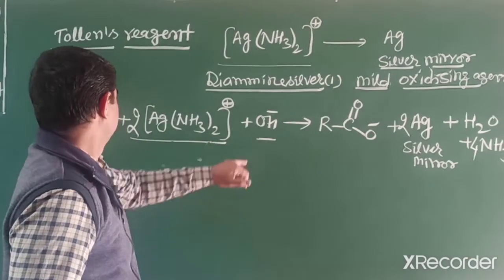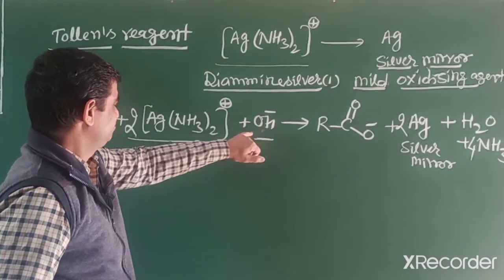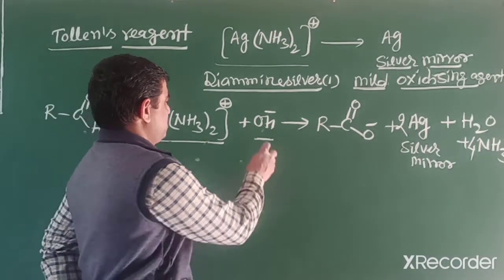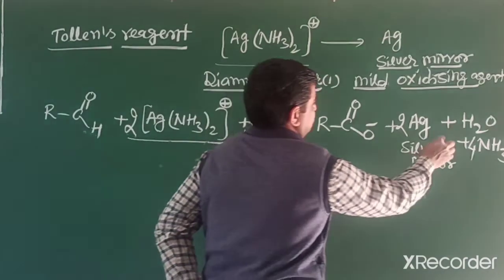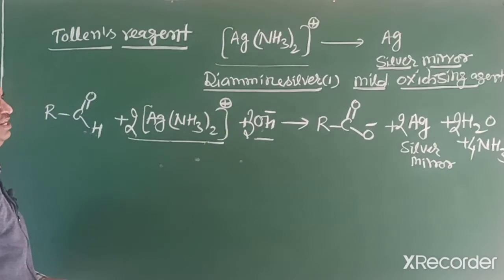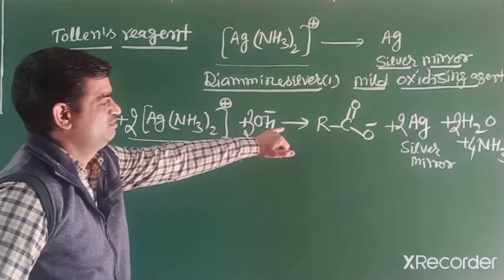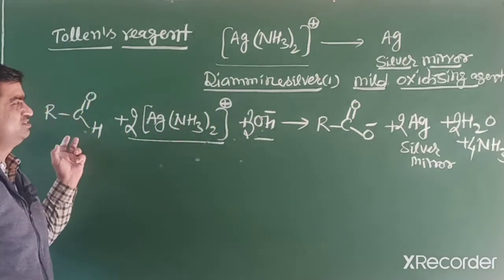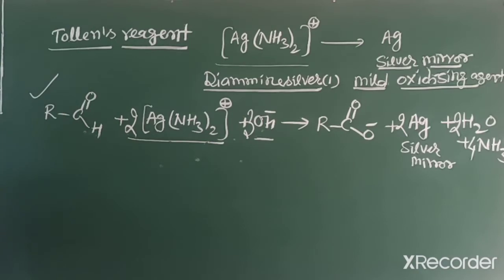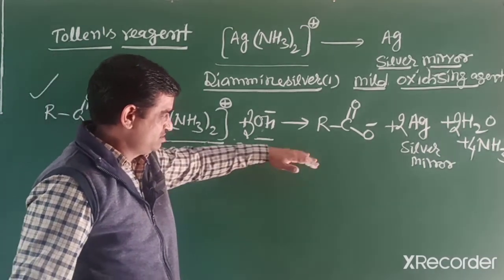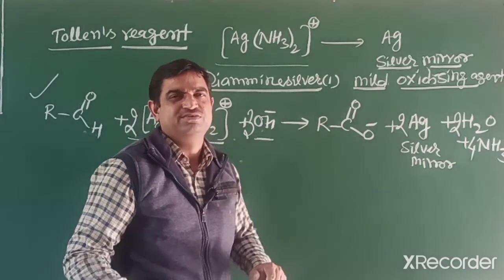Then OH ion, so it forms 2 moles of oxygen. Hydrogen we also get, 3 OH ion and 2 H2O. So to balance this reaction overall, 1 oxygen we get from this side, the hydroxyl ion. Overall this is a balanced reaction. So students, most important reaction: when reacting Tollens reagent, write the reaction product. But in distinction, sometimes if you don't write it, you also get 1 mark.